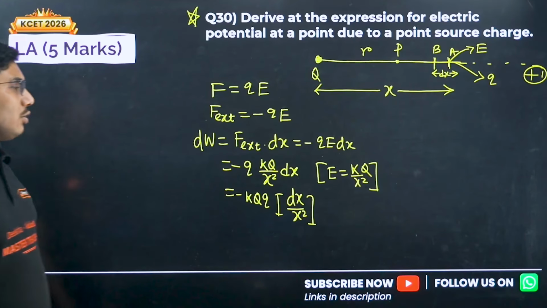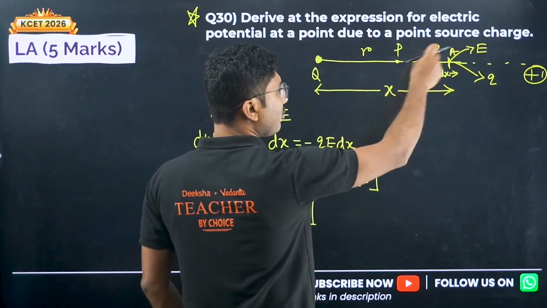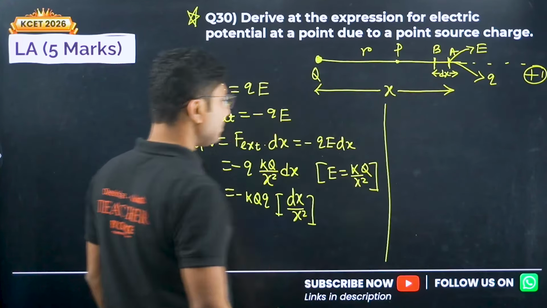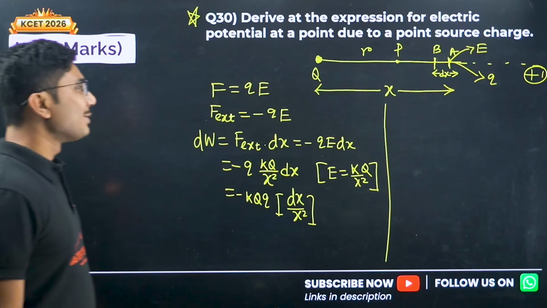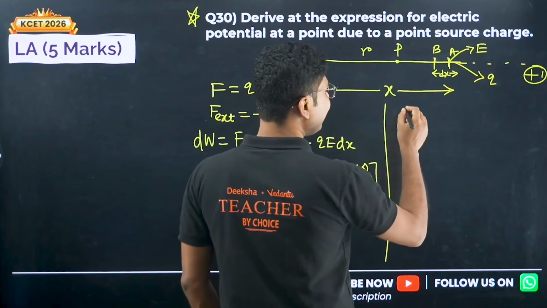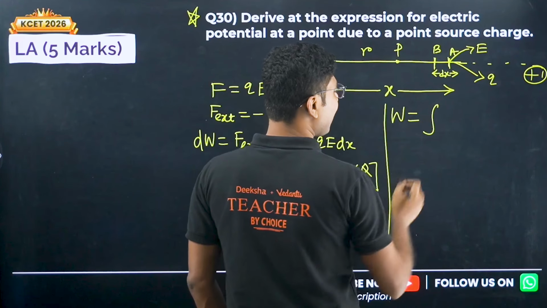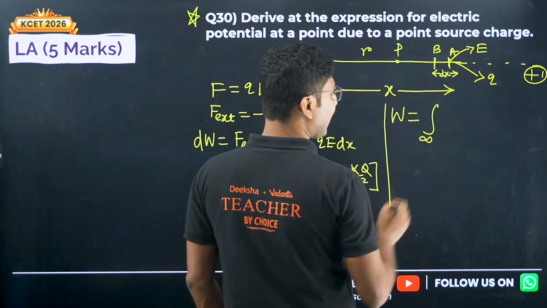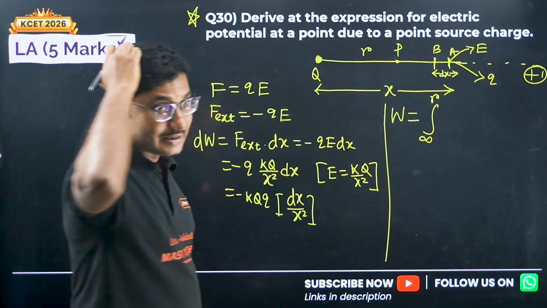Okay, so this is the small work that you have done to bring the charge from a very small distance B to A. But this is not our work. Our work is not yet done. We have to do more work because we have to start at infinity and calculate the total work. So how to calculate the total work? For that we have to start at infinity and reach our destination point at a distance r,